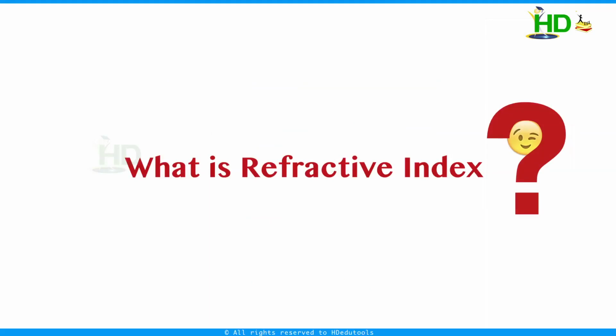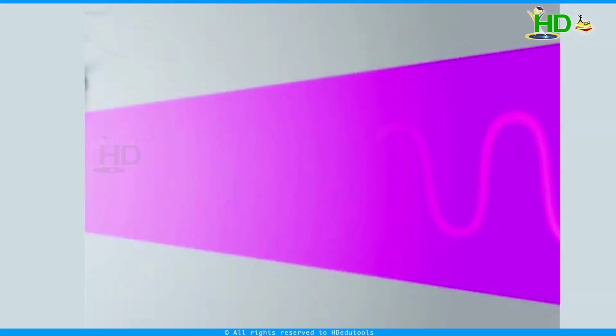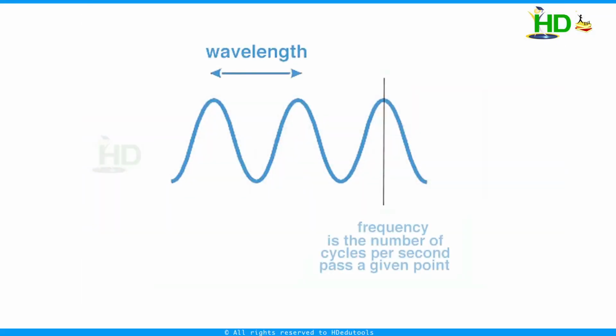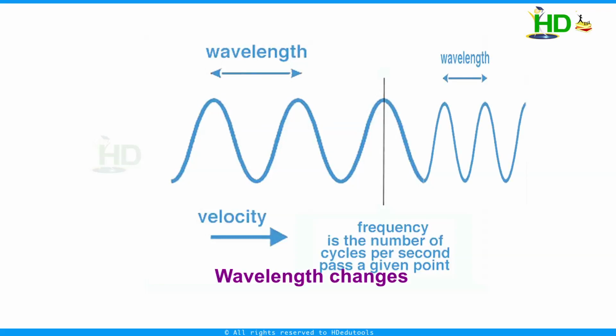Now what is refractive index? Now we discuss the refractive index of a medium. We know that light travels in the form of waves. The characteristics of the wave are wavelength, frequency and velocity. These three parameters are related with the equation velocity is equal to frequency into wavelength. When a light ray travels from one transparent medium to another, a change in the wavelength of light occurs